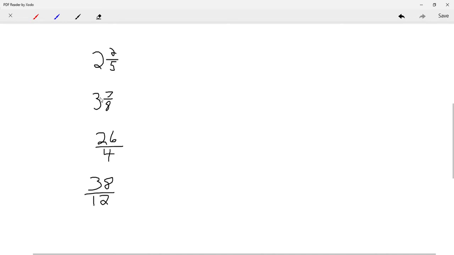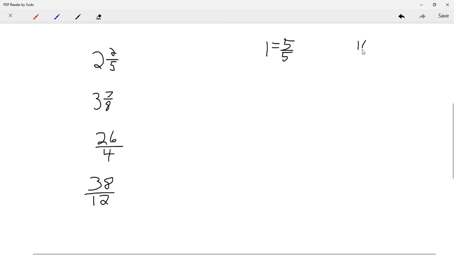Now, let's go on to how you convert them, basically, from one to the other. So we'll start with mixed numbers first. So the first thing is, we're looking at 2 wholes. So 1 whole in fifths, right now we have fifths, right? That is the denominator of the fraction. So 1 whole equals 5/5, right? So basically what we're doing is we're going to multiply 2 times 5, which equals 10, because that